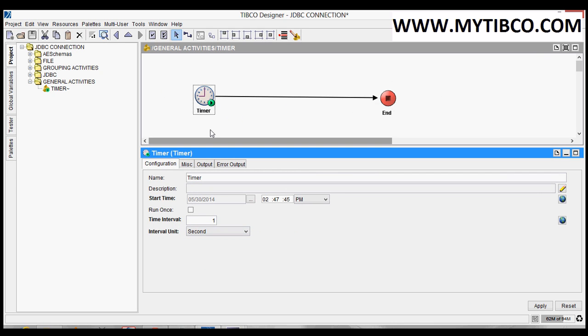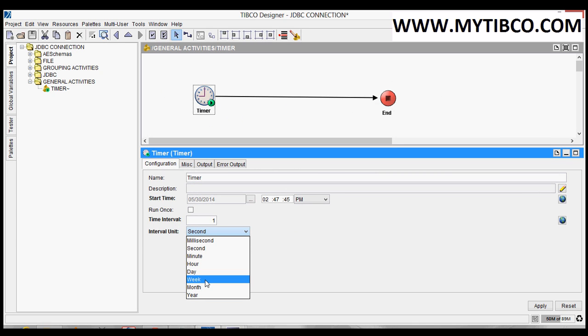That means this timer is going to generate a job every second, starting at this start time. You can change the value here. You can specify 10 seconds, 100 seconds, whatever value you want. The interval unit can be milliseconds, seconds, minute, hour, day, week, month and year.